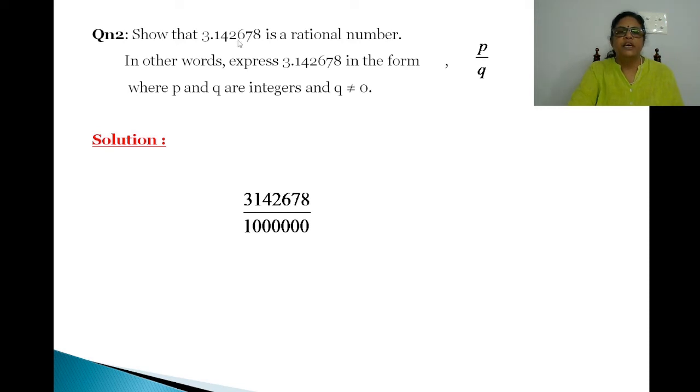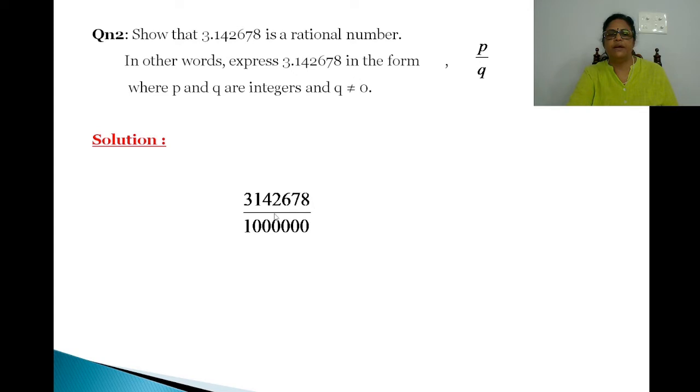So here, after the decimal point, how many decimal places can you see? 1, 2, 3, 4, 5, 6. 6 decimal places. That means in the denominator we will put 1 and 6 zeros, that means 1 million. So here we ignore the decimal point and write all the digits. That means 31 lakh